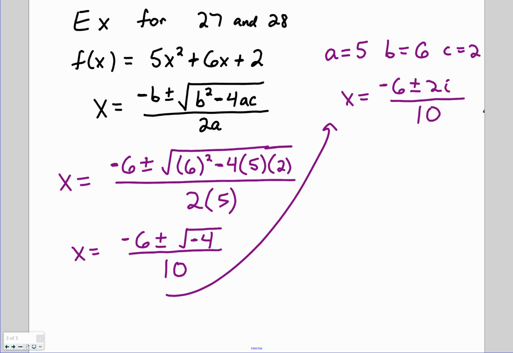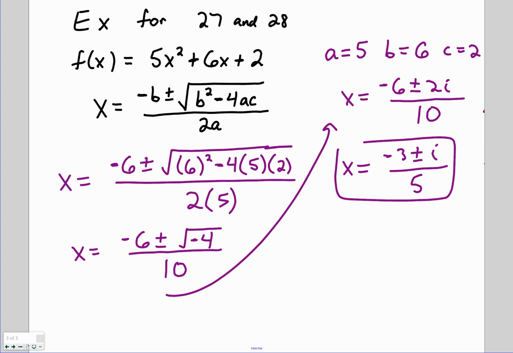Do you guys see the negative 6, the 2, and the 10? Those 3 numbers can all be divided by 2. The negative 6, the 2, and the 10. So let's do that. What's negative 6 divided by 2? Negative 3. What's 2i divided by 2? 1i. We've lost one. And then what's 10 divided by 2? 5. So this is what you would see on the final,